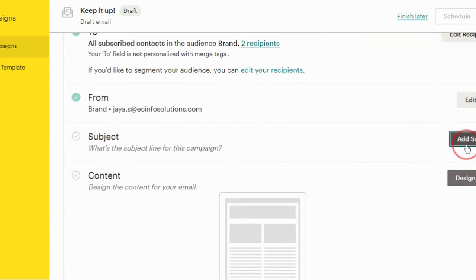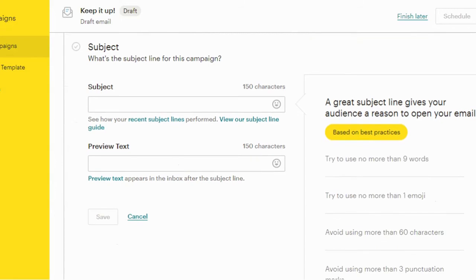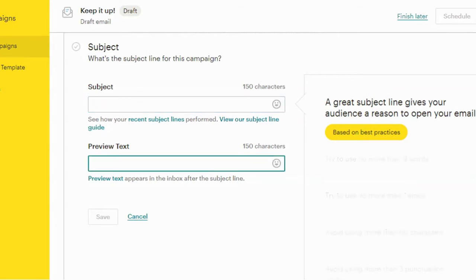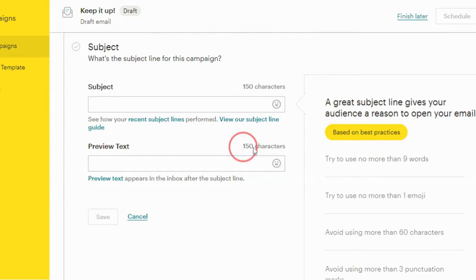Now, the subject. This is actually a very important part of setting up the email campaign, because a catchy subject line is what is going to encourage your email recipients to open the email. It's going to appear in bold format in their email inbox, and a little preview text will appear below it, which will have a short description. If you keep it within 150 characters, that is when it won't go into dot dot dot and the person will see the full sentence. So let us start with the subject line.